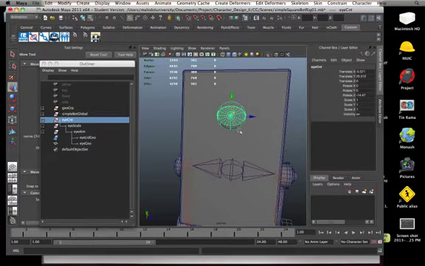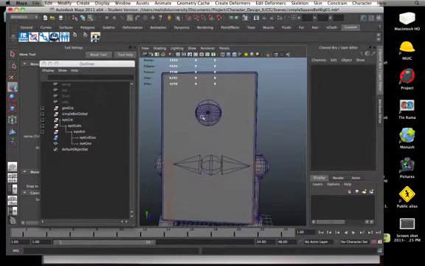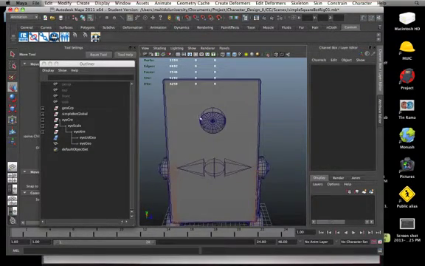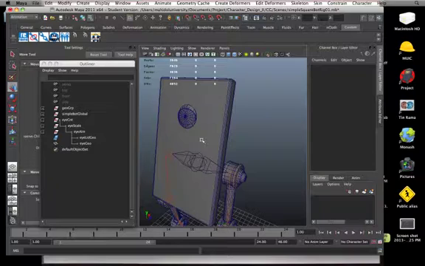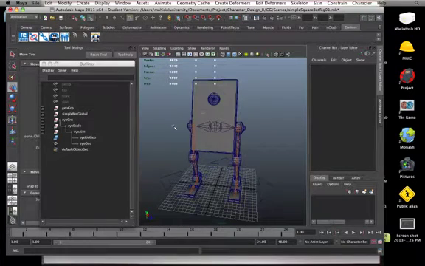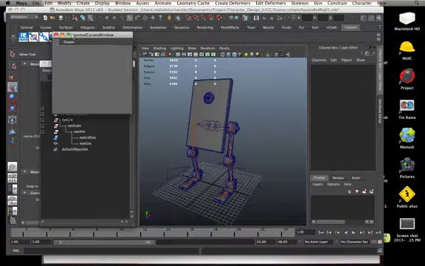Alright, so what I want to be able to do is I still want this eye to be able to look around, but as if it's a round thing. I want it to be able to move as if it's a round eye and yet still be flat in 2D space. So the way I'm going to do that is I have my eye, geo, and connect in place. I'm now going to create an eye control. So I go create an eye,